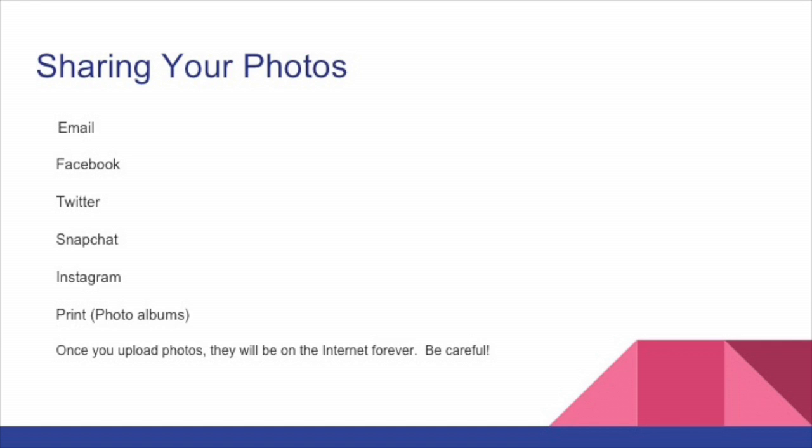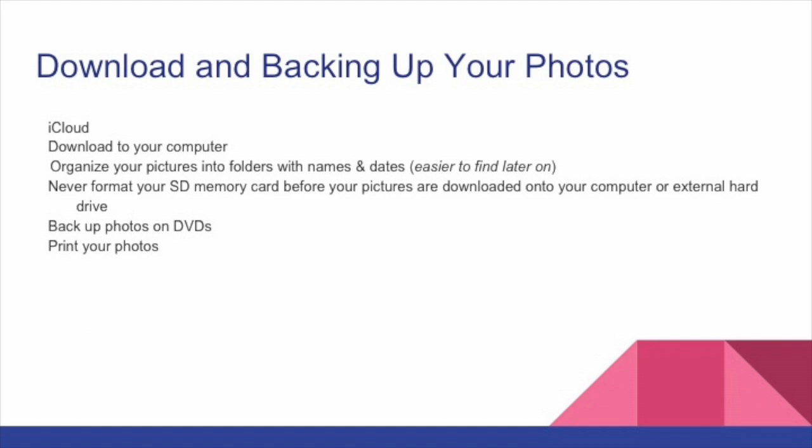So, downloading and backing up your photos. This is a big one. There's iCloud, again, internet. There's iClouds from every company in the sun. I don't trust it. Anything on the internet can be hacked, plain and simple. I prefer download to your computer, organizing your pictures into folders, backing them up on an external